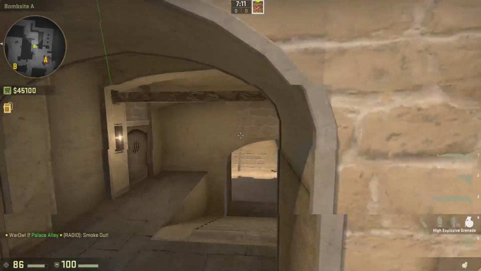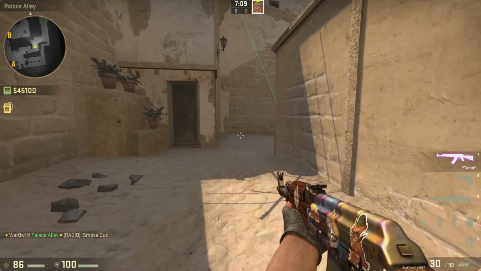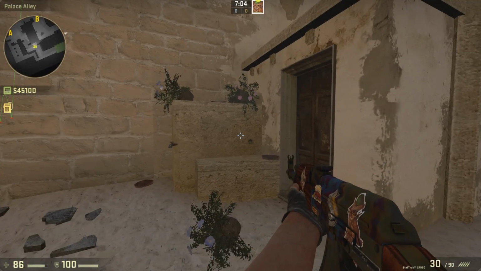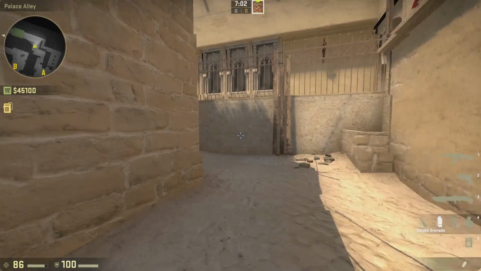Now let's throw the companion smoke to that to block it. 1 second. How does anybody go by these without shooting them? I will not know. All right,